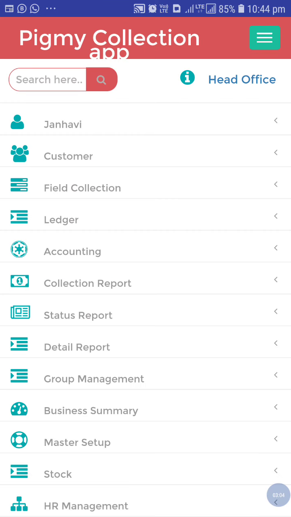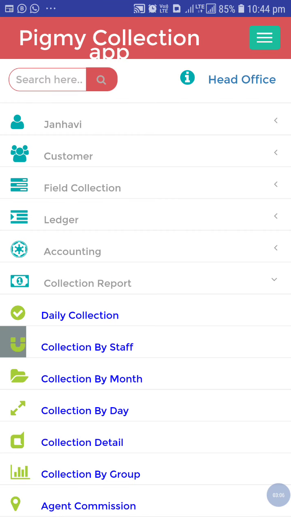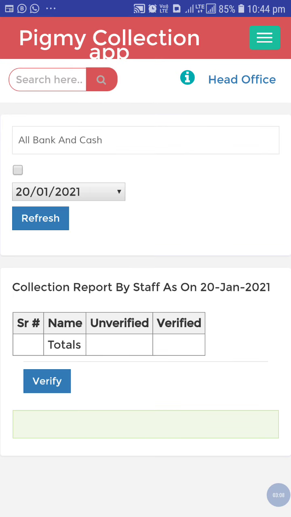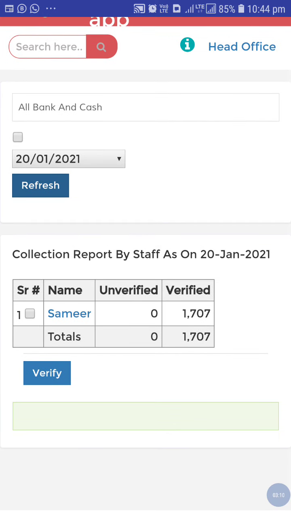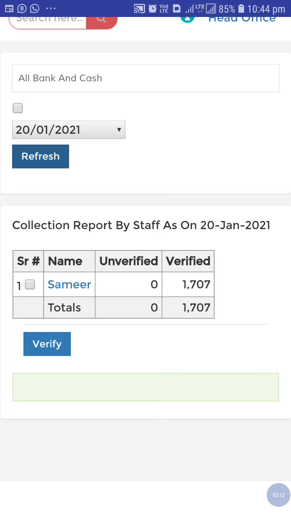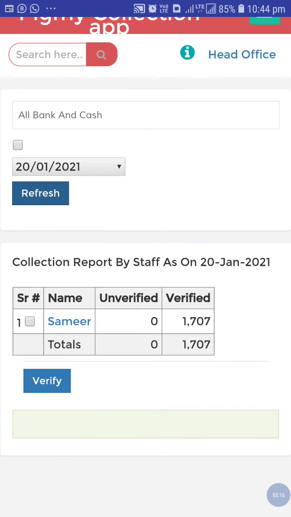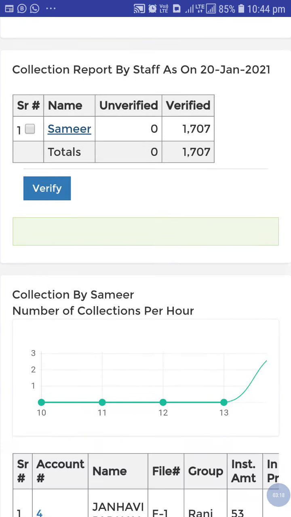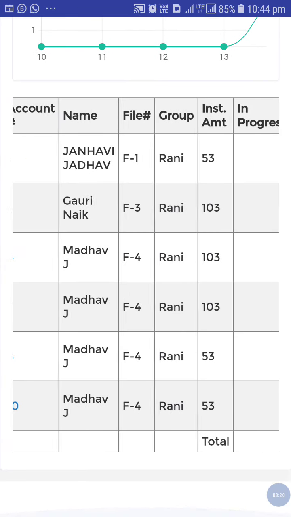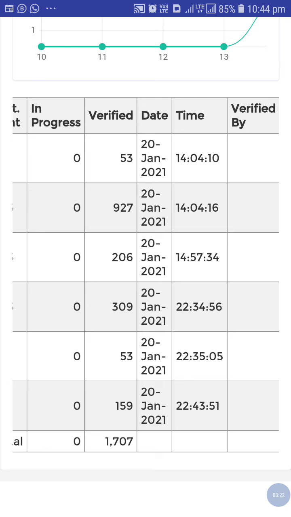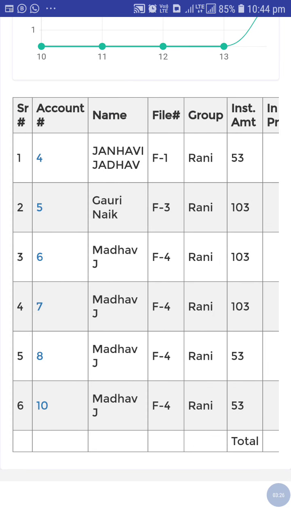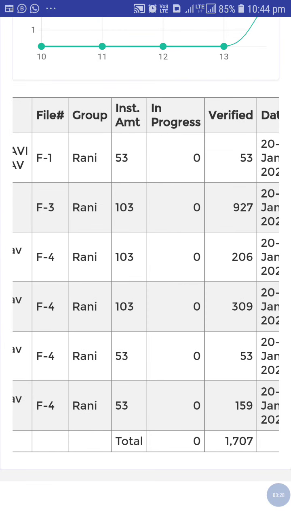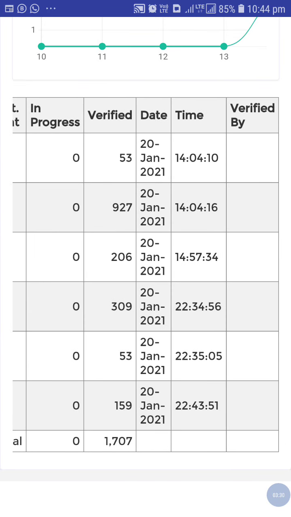From here the collection report, collection by staff, just refresh. Here you can see Samir has done the total collection of 1707, and if I click to Samir, here you can see he has done all this collection today. The different customers and different loan accounts, so total collection he has done 1707,